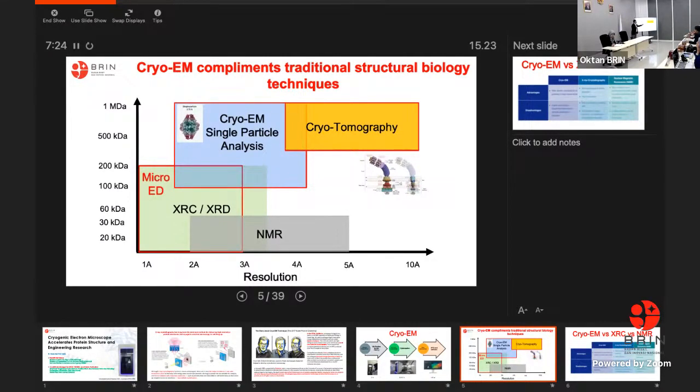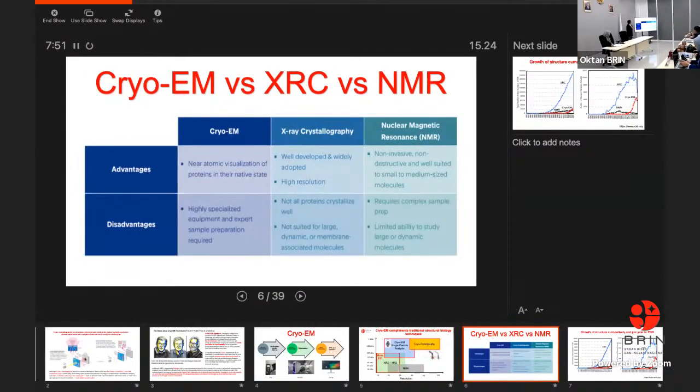But of course, in this part, we need to make our protein under crystal condition. But we don't need to make a larger or bigger crystal, just a very small one, like a micron or nano size of the crystal can still be measured using micro-ED. Okay, continue. So this is the limitation for each of cryo-EM, X-ray crystallography, and also NMR.